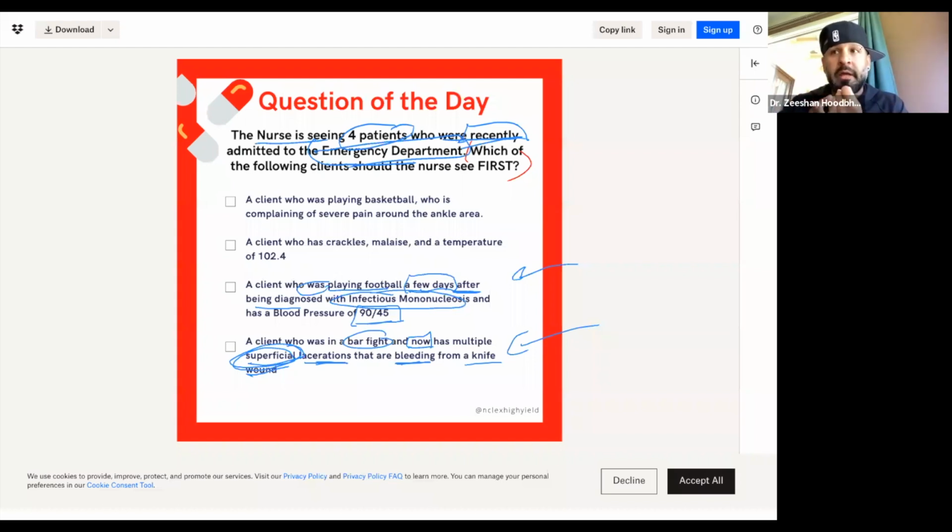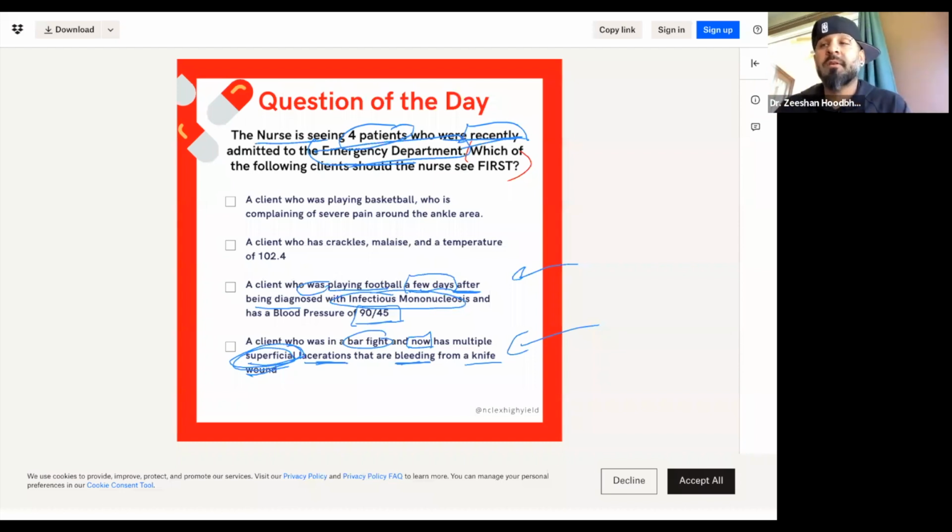We're probably going to irrigate it. We're probably going to clean it out and we're going to stitch it up. And that's about it. Maybe a tetanus shot or whatever we got to do on top of it. But that's it. I don't got to worry about this person. Like, hold up one second. Let's take care of the patient. Of the two,